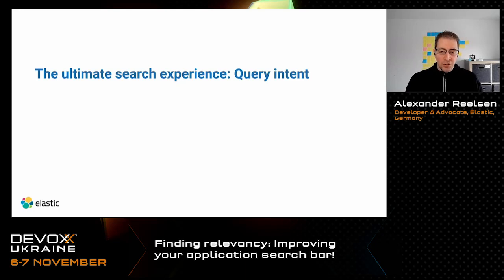And also we have to figure out the query intent. And this is something where a search engine like Google, with their decades of experience, really shines, right? If you search for something like this, the Google query parser and the intent is kind of clear, right? You want to figure out there's a temporal part in this, and then there's an informative part in this. So Google kind of figures out, okay, I know what you searched for. Most of the time, Google nowadays suggests a Wikipedia page. So the intent is rather clear.